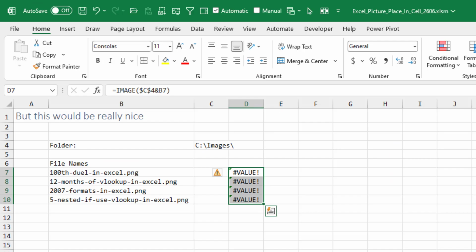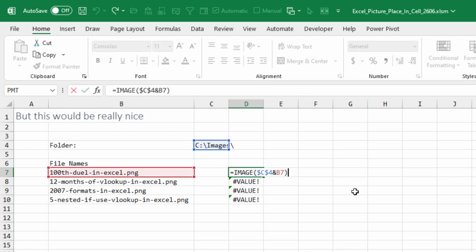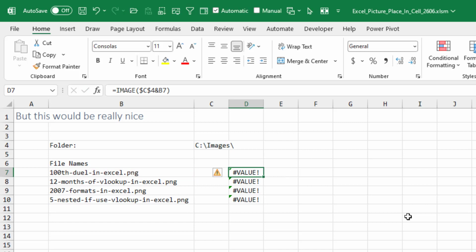So it's great that Microsoft gave us this new feature, and there's lots of reasons why we could use it. But wow, I really, really need a way to use the image function, point to a path, point to a file name, and have that come in as the image. That would be so useful. And when they had mentioned that they were going to find a way to have this work with local images on the local hard drive, I'm like, oh, this is going to solve a problem that's been a problem for me for 20 plus years. And all I can do is hope that this bit of it will eventually come.